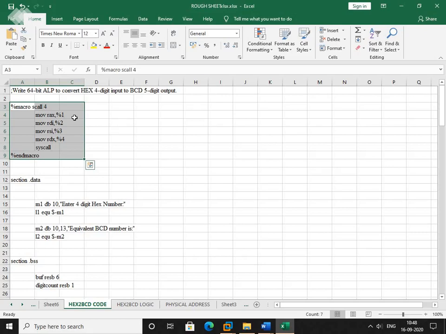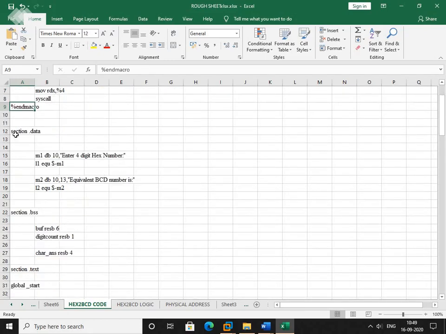The third parameter, we are going to pass it into RSI. So this is the address of the memory location. The fourth parameter is the RDX. Here we are going to pass the number of bytes to be read or to be displayed, right? Then we are going to call the kernel using syscall, and we are going to end the macro with %endmacro.